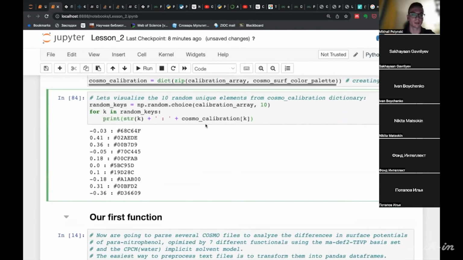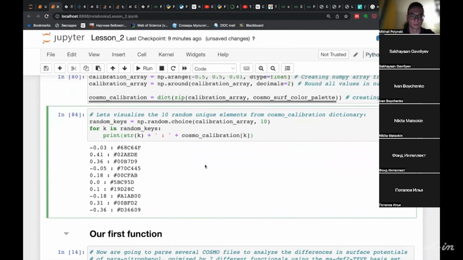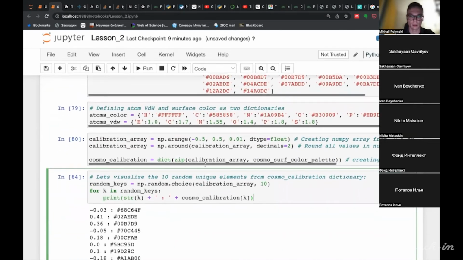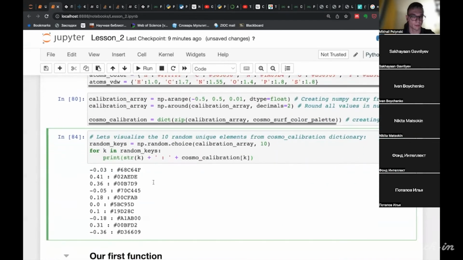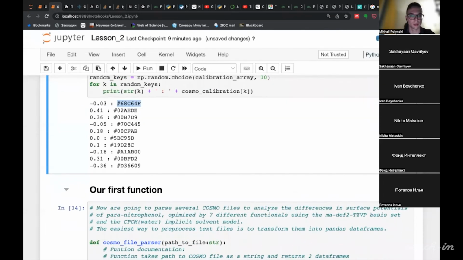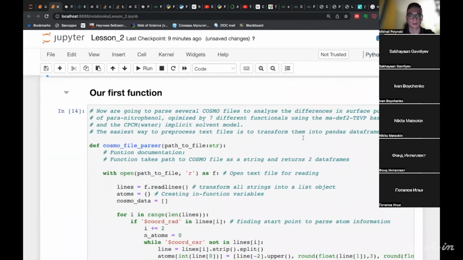Sorry, it contains, from the COSMO calibration dictionary, float numbers and color codes.